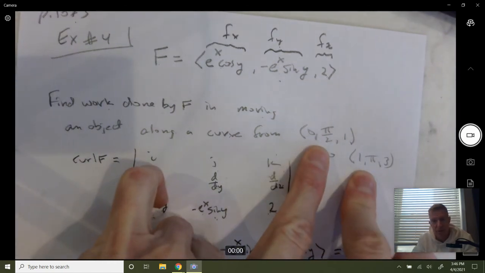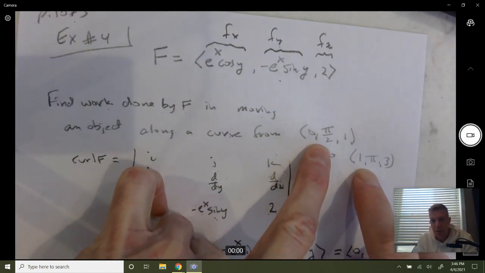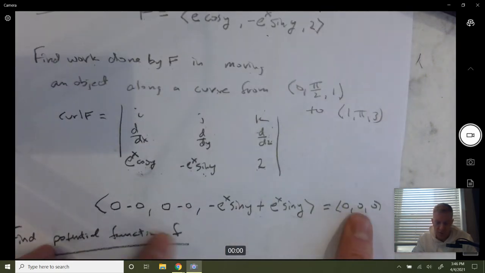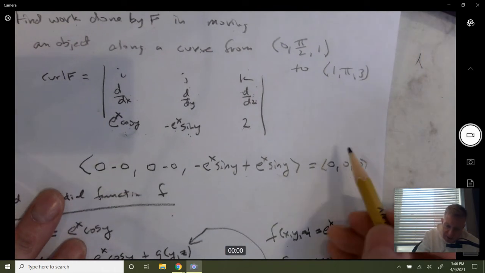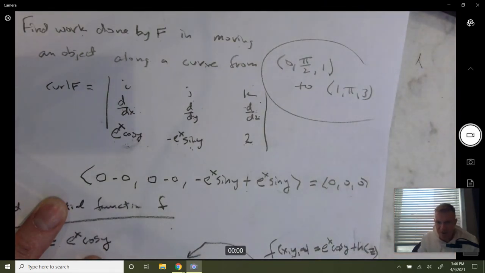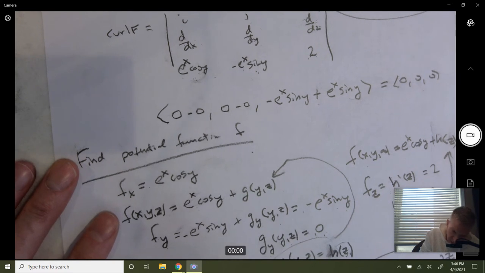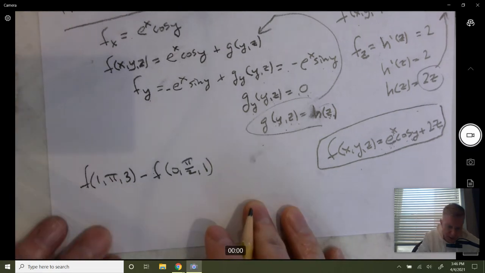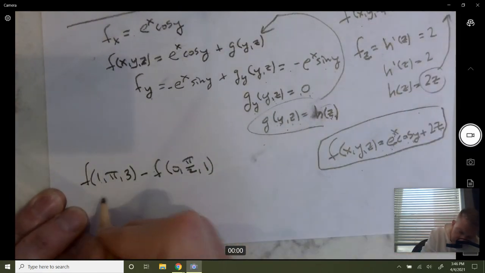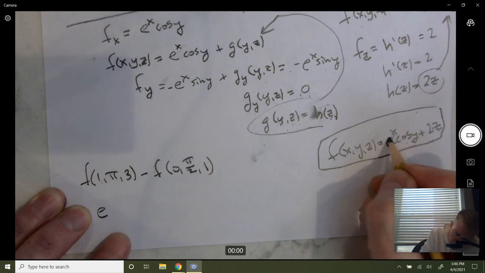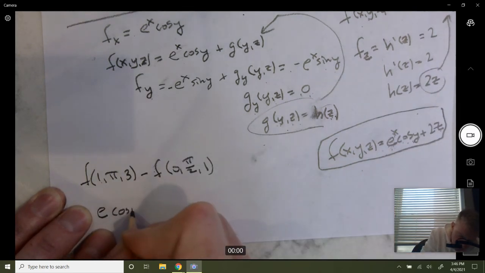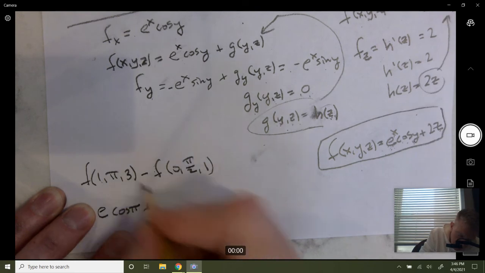Now we can simply use the fundamental theorem for line integrals because it's conservative. We proved it's conservative. The curl is 0. Okay, so I'm going to plug in these two ordered pairs into my function. Okay, so I'm finding f of (1, pi, 3) minus f of (0, pi over 2, 1). Okay, I'm plugging in, so I get e to the 1 cosine of pi plus 2 times 3,